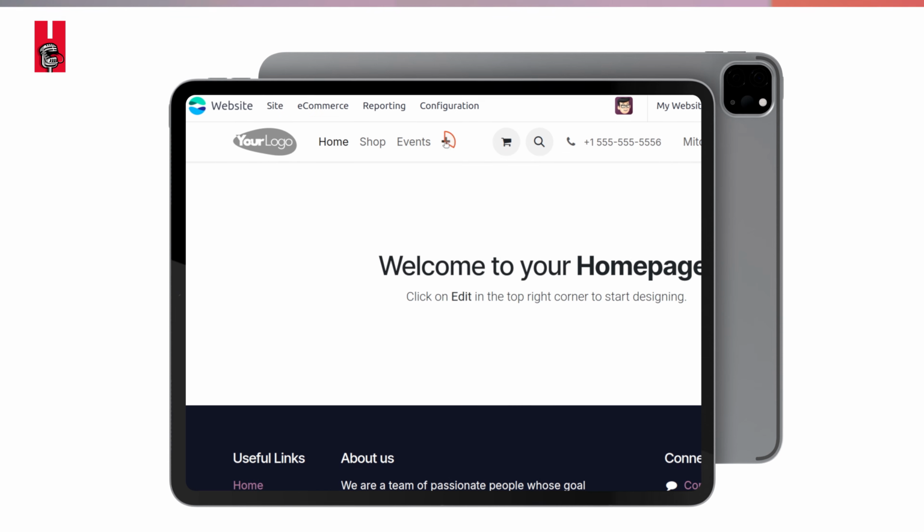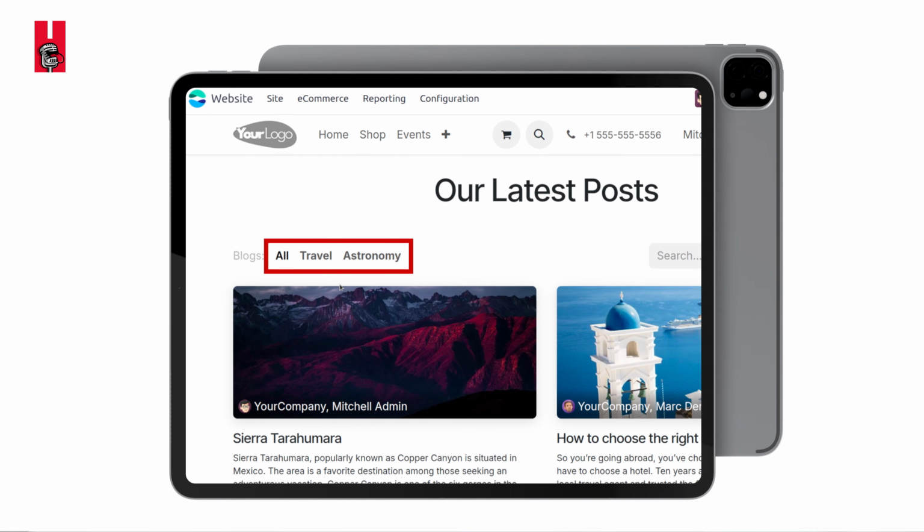So there, you would be having things like all blogs. If there are blogs related to Odoo, then we have that, and some educational blogs. If you want to rearrange these labels, that can be done in the backend, and that would obviously be reflected in the front end. So that's the blogs organization section.